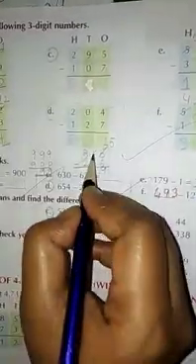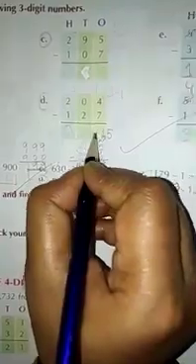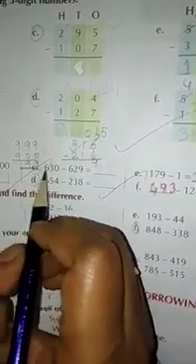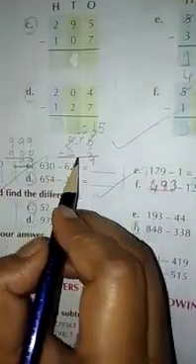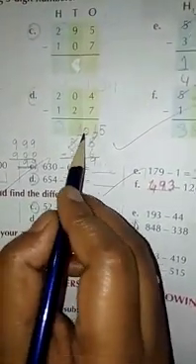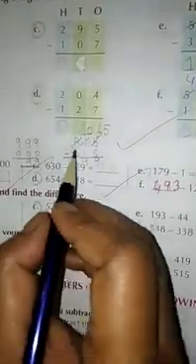From 1 we have borrowed 1, so here what is left? 0. Here is left 0. So can we subtract 0 minus 1? No. So we have to borrow 1 from here. Now it has become greater than 1. Now you subtract 10 minus 1. 10 minus 1 is how much? 9.